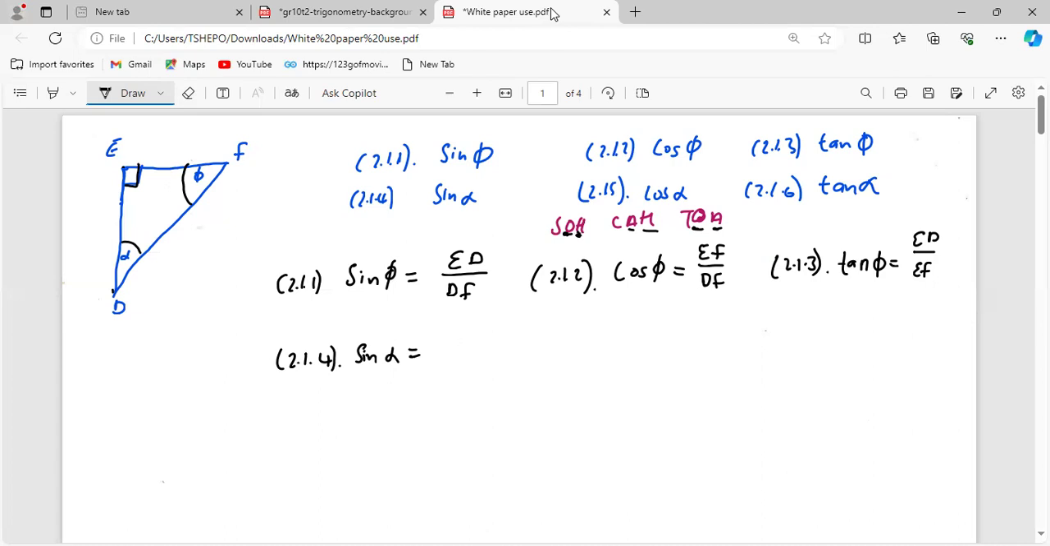So angle alpha is opposite to which side of the triangle? EF, this side. It's facing it. They are directly facing each other. This angle and this side are opposite, in front of it. So that means EF will be our opposite, and the hypotenuse doesn't change because it is always opposite to 90 degrees. And therefore DF will be our hypotenuse. So that means sine alpha is going to be EF all over DF. Then we move to question number 2.1.5. We have cos alpha, which is equal to,